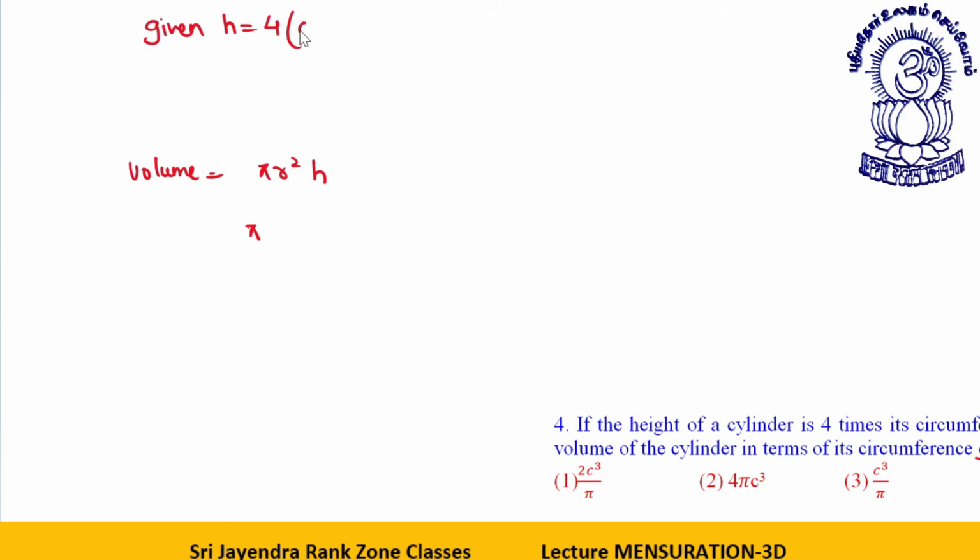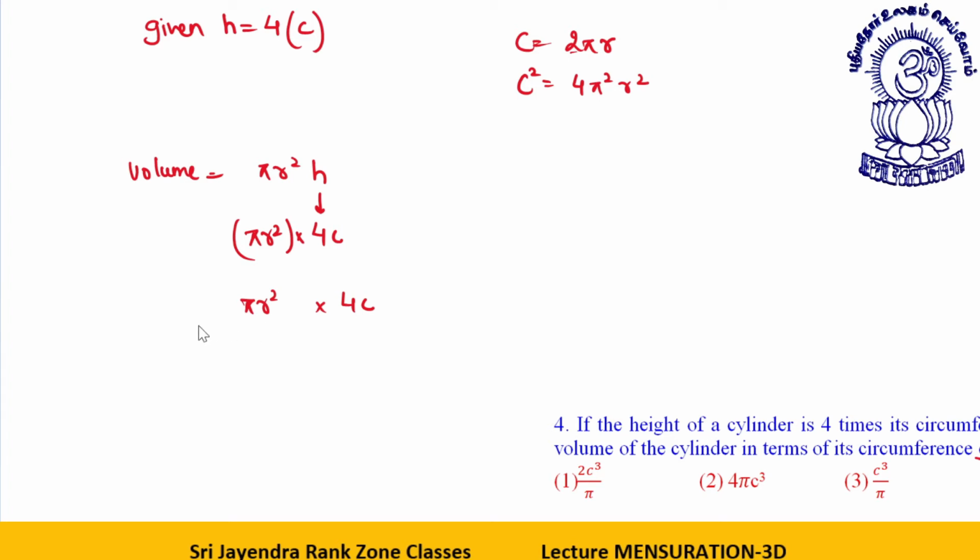First of all, h is equal to 4c. So in place of this h, you put 4c, then you have the volume as pi r square. So far clear? Clear. Now c is what? C is 2 pi r. Now what do we require? You require pi r square into 4c. C square will be 4 pi square r square. I have 1 pi over here, I have r square over here.